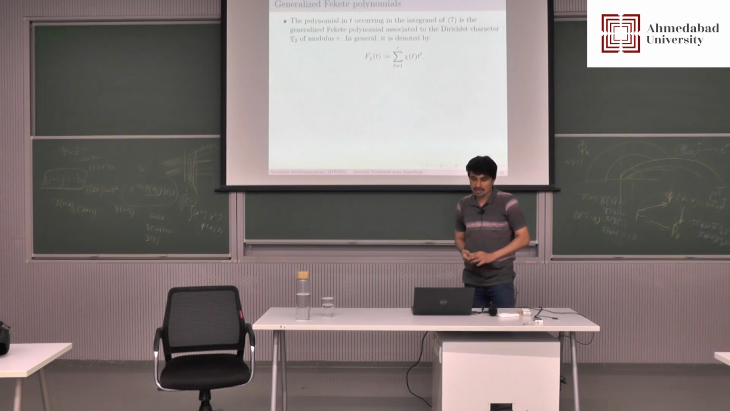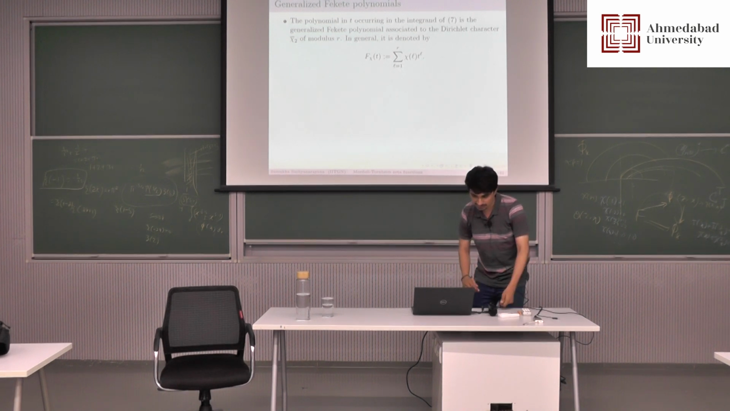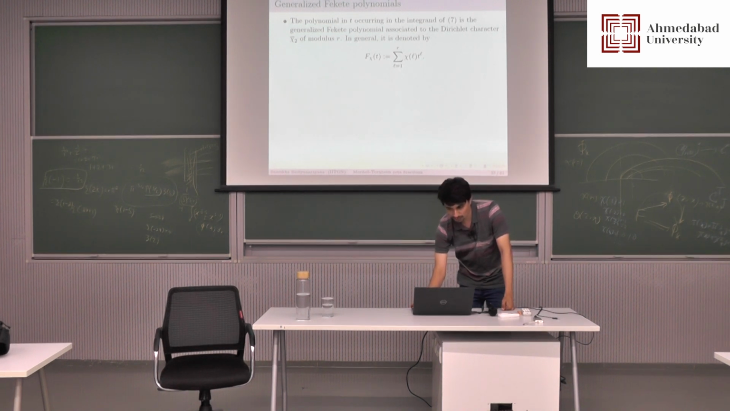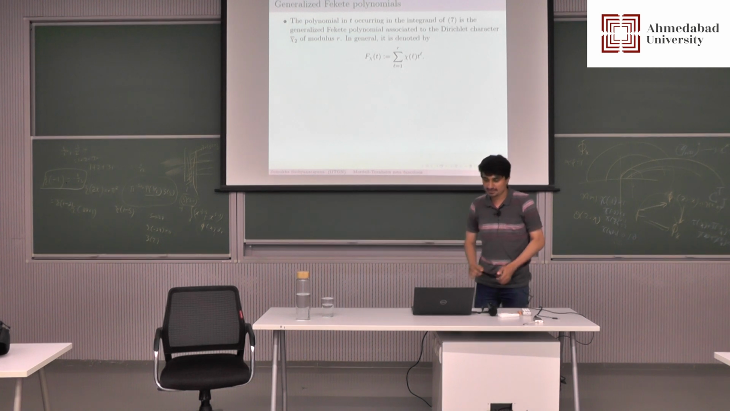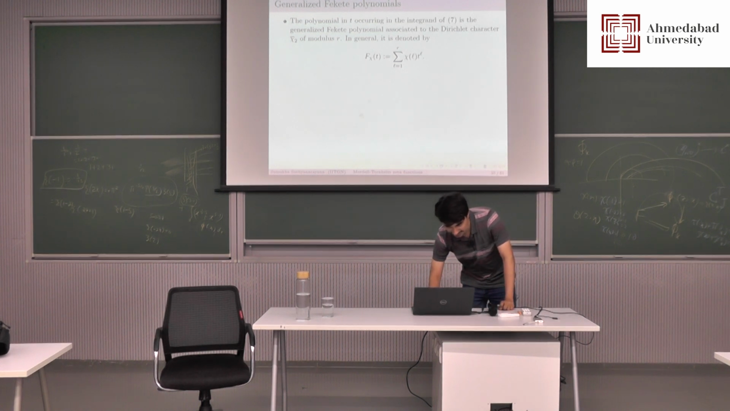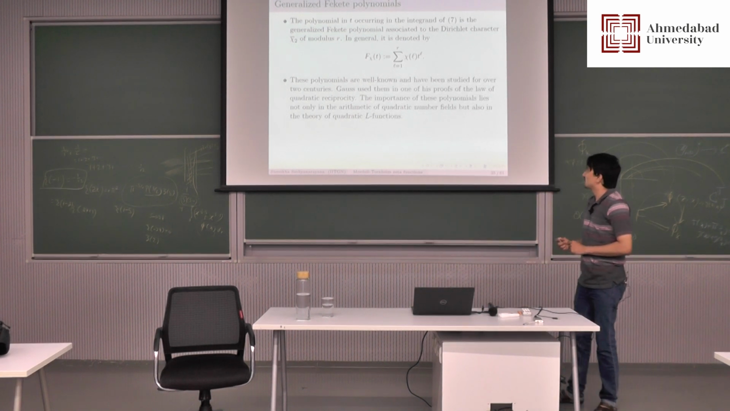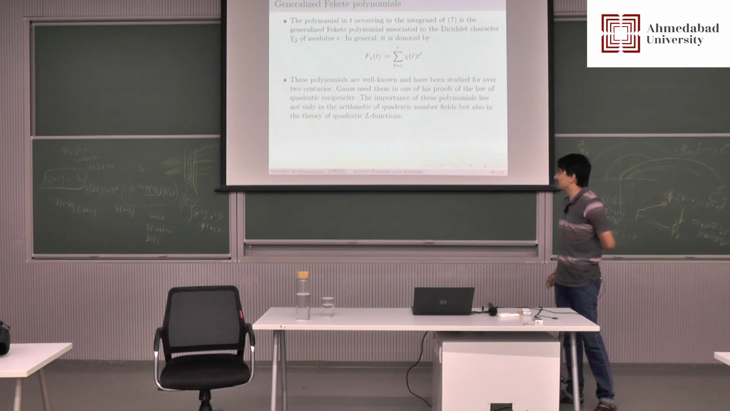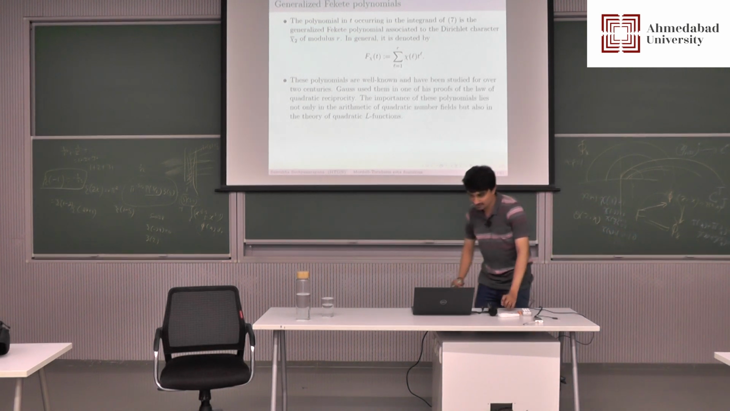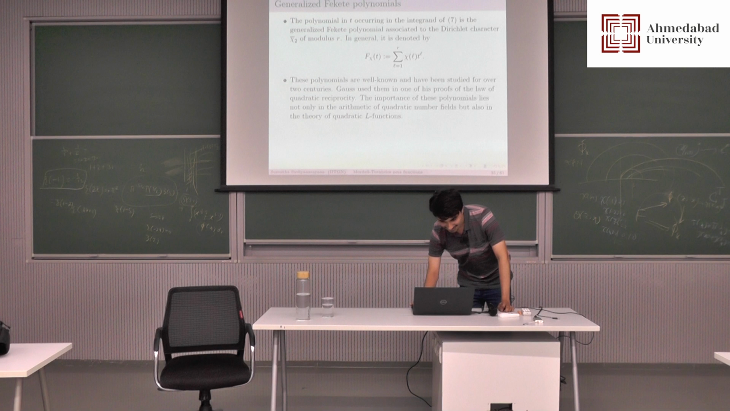The polynomial t occurring in that last equation is called the generalized Fekete polynomial associated with the Dirichlet character chi2. This is given by this, I mean this is the symbol which we are using for this. These polynomials are well known and have been studied for over two centuries, started by Gauss, who used it to prove quadratic reciprocity. And the importance of these polynomials lies not only in the arithmetic of quadratic number fields, but also in the quadratic